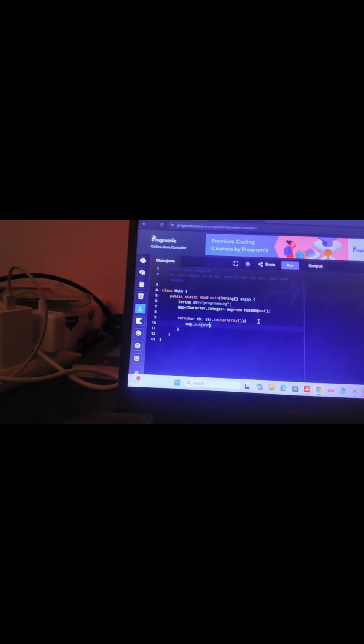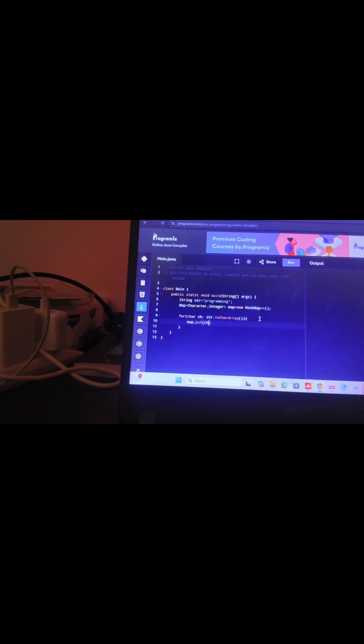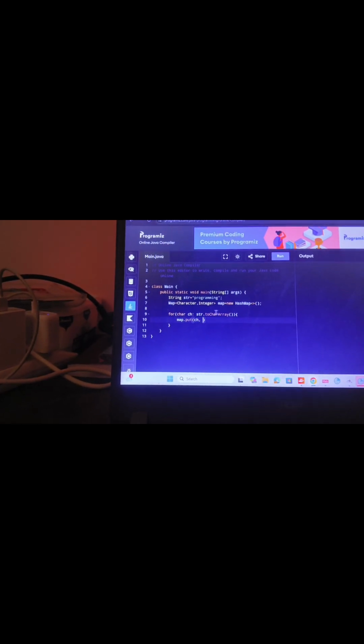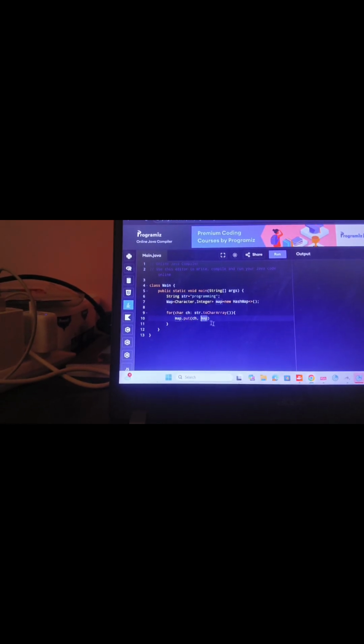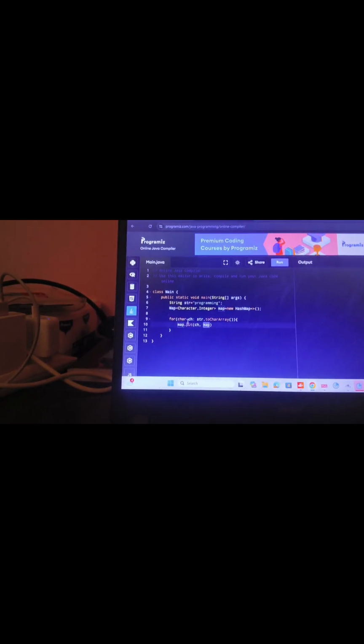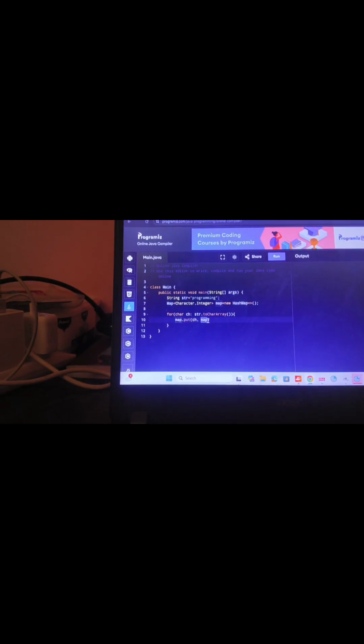So in the next step, since we declared the map in line number 7, I'm going to use the map.put method, where I am putting this character. This will represent the key, and I need the value. Since the map has this, I'll use map.get